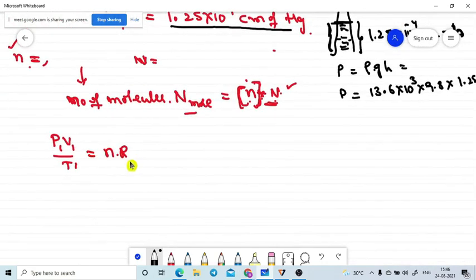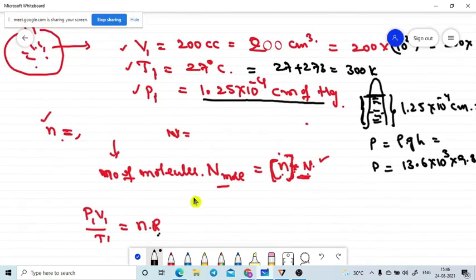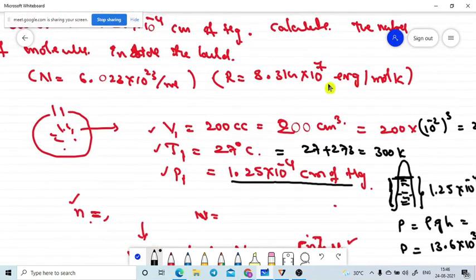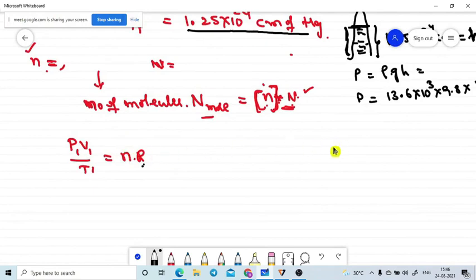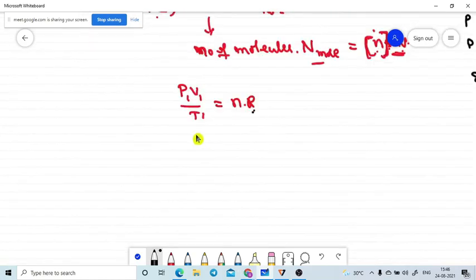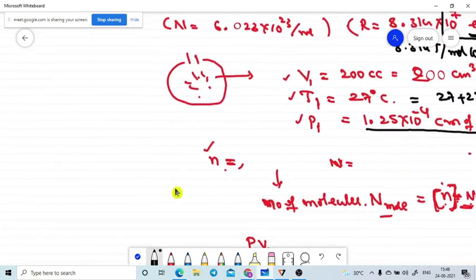You will get the value. One more point you need to remember here. They are giving the R value in the CGS system. So it is in erg, 10 to the power of 7 erg is nothing but 1 joule. So that is equal to 8.314 joule per mole Kelvin. This value you need to substitute in this one. Otherwise do the problem in the CGS system itself without changing anything. So these are all I am taking in the SI system. If you want to do the problem in the CGS system, let me do that one also, no issue.